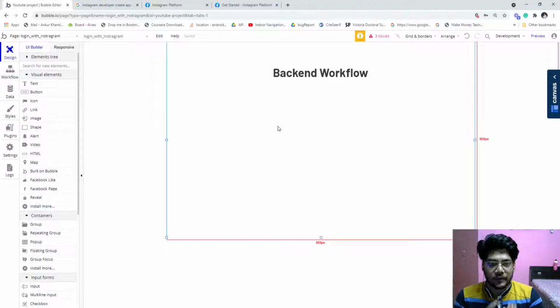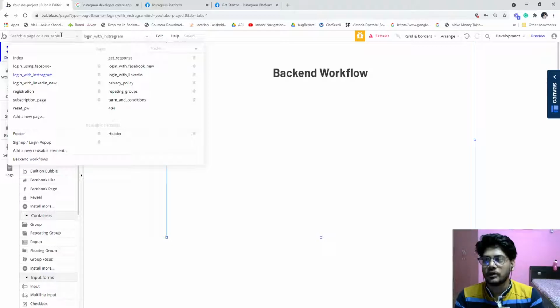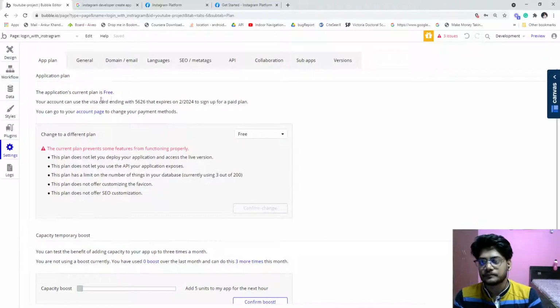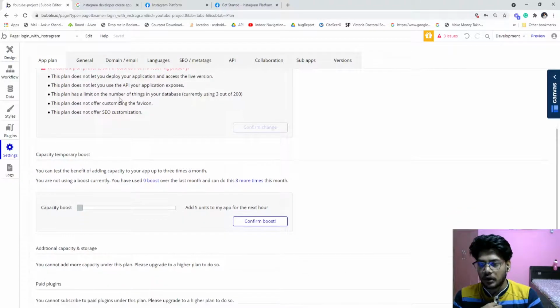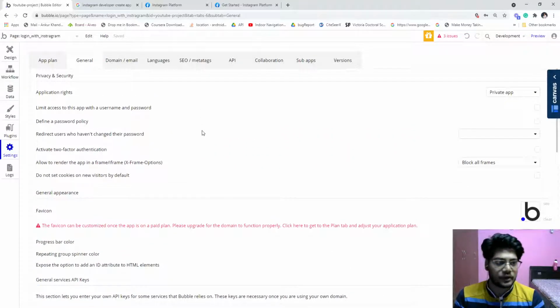So where exactly is it? When you click over the top left section, there is the backend workflow at the bottom. But in some applications it will not show. For that, go to the settings section, and there is a checkbox.